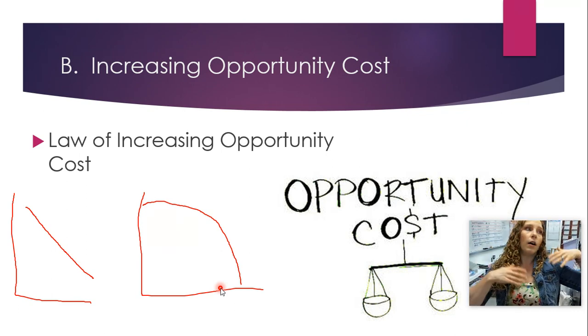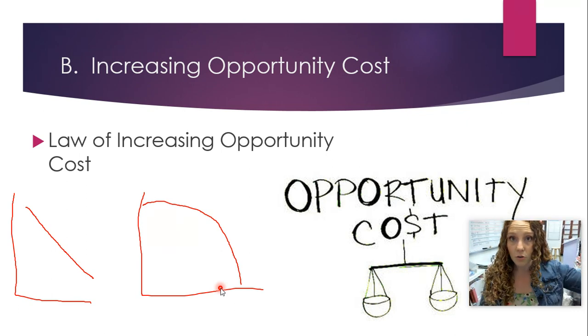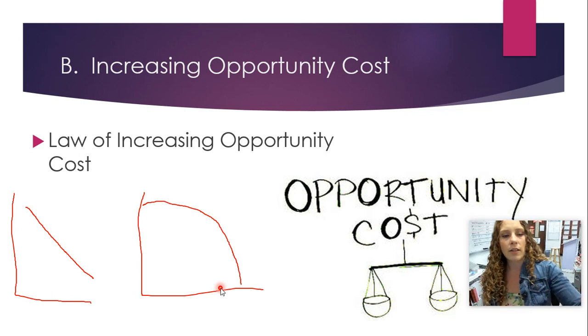The more, what was another example we saw? Coconuts that you gather, the more fish you're going to have to give up. It increases. My opportunity cost of going from A to B might only be 5 units of this. Once I go from B to C, now it might be 15 or 20, that it gets greater as time goes along. The reason for that, why we have that law of increasing opportunity cost,